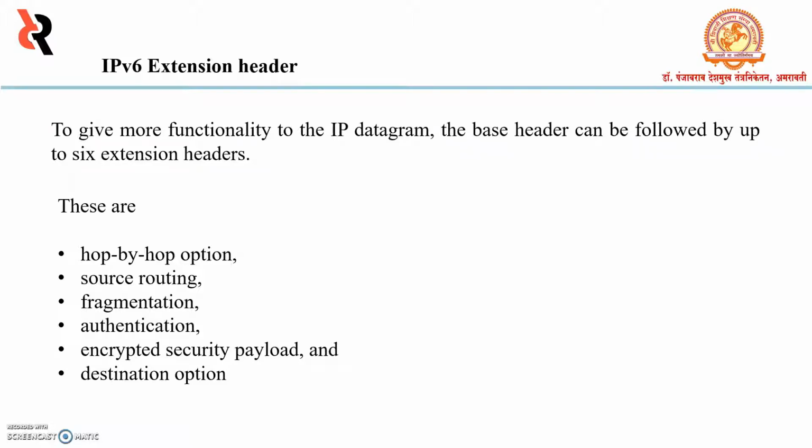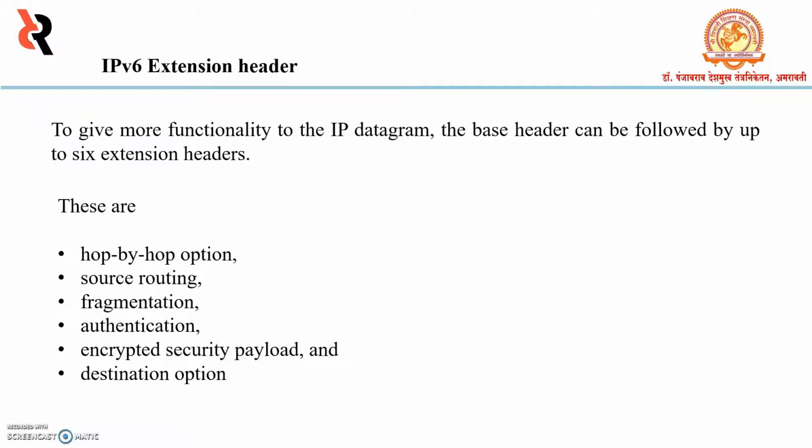In IPv6, the fixed header contains only the information that is necessary, that is 40 bytes, avoiding information which is either not required or rarely used. All such information is put between the fixed header and the upper layer header in the form of extension headers. Each extension header is identified by a distinct value.